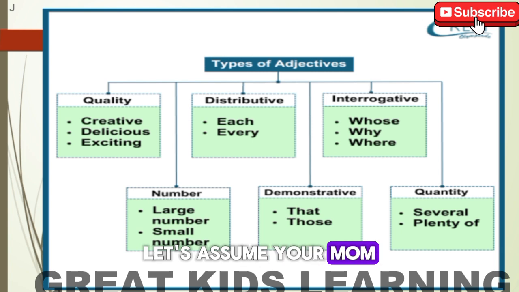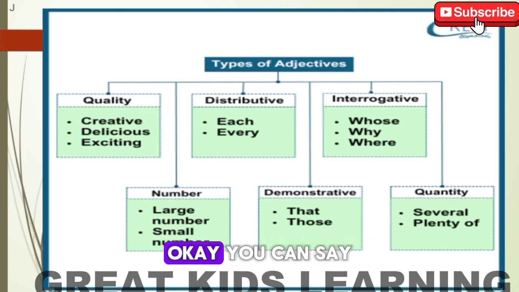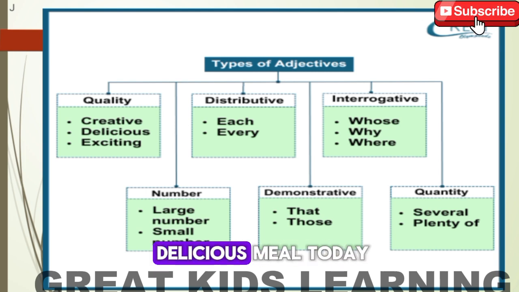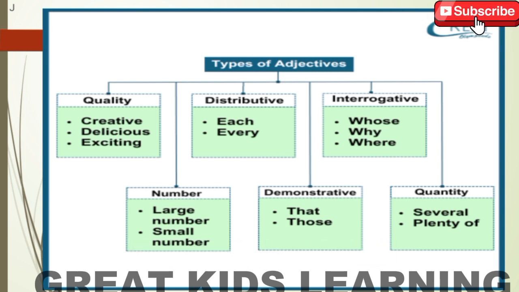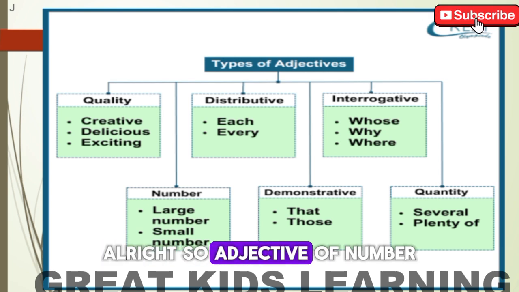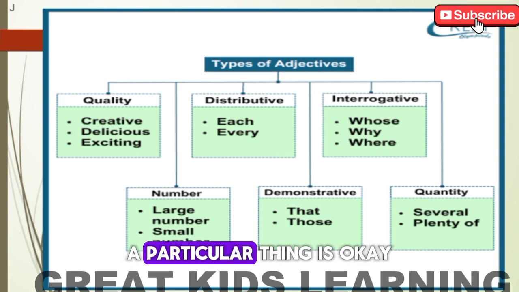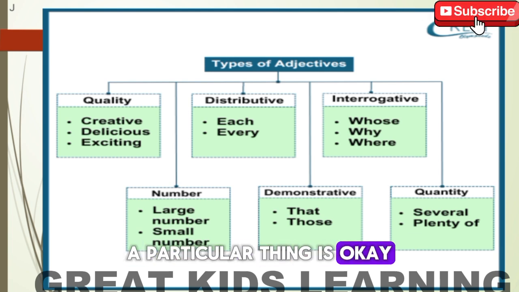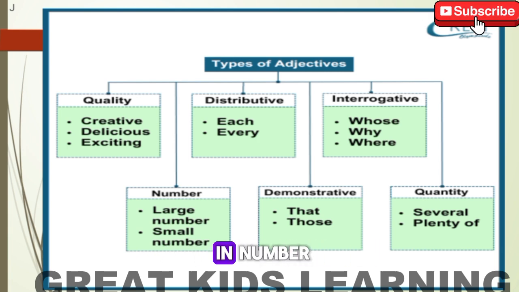And the examples under them are delicious, exciting, creative. Let's assume your mom gives you a food and you want to tell me about the food. Okay, you can say, my mom made a delicious meal today. You are telling me the quality of your meal. All right. So, adjective of number. It talks about how small or how large a particular thing is. Okay. So, if you have books in front of you, if they are large in number, if they are small in number, when you use any of these, you are telling us how many there are,